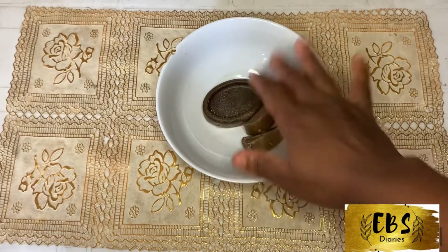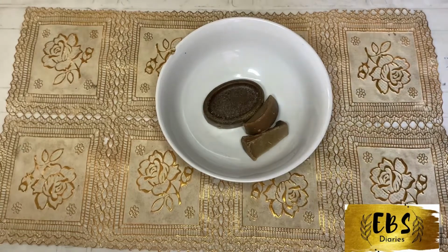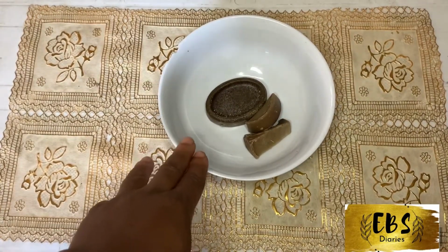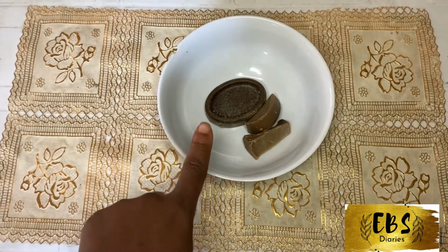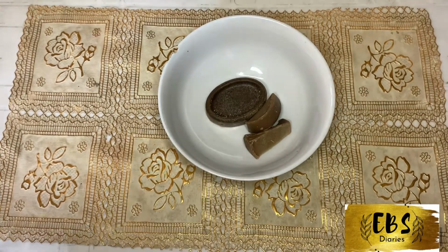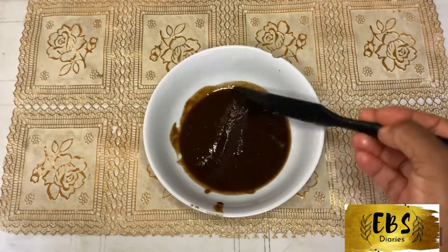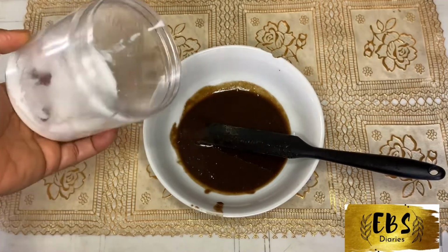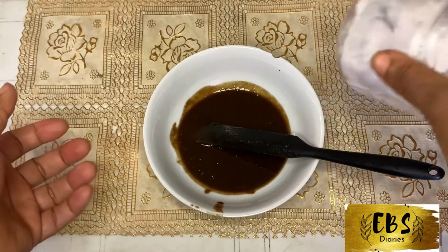What I'm going to be doing later on is to melt it down, double boil it and melt it down. So I'm going to be mixing it with my deep conditioner. My deep conditioner is really small, so I'm going to mix this with it, so it's going to take over my entire hair strands. So right now I've melted it down, and you can see is my small deep conditioner. So I'm going to mix it with,